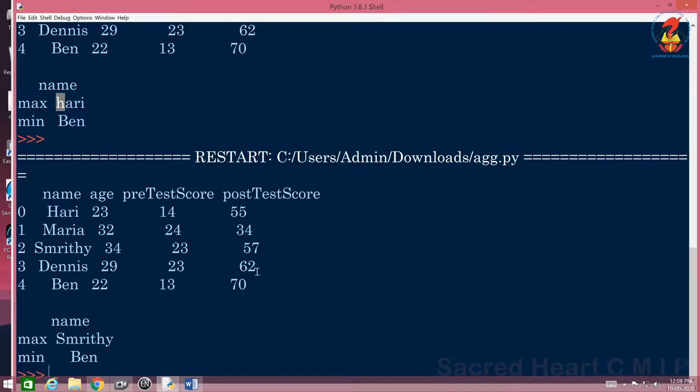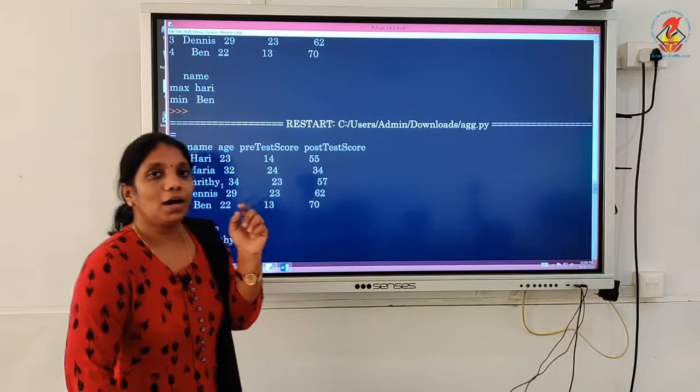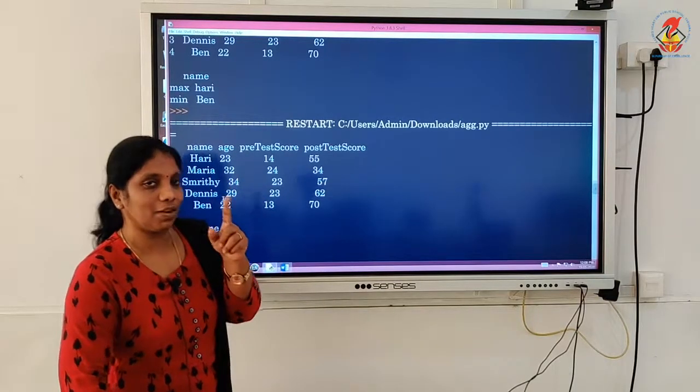See what happened. The ASCII values of the capital letters are actually smaller than the small ones. So, that is how Smriti came right now. Now, everything is in capital, so that ASCII will be considered. Earlier, H was in small letter, and its ASCII value is highest compared to the ASCII value of your capital letters. So, remember the ASCII value of capital A and small a, which is 65 and 97 if I am not wrong.